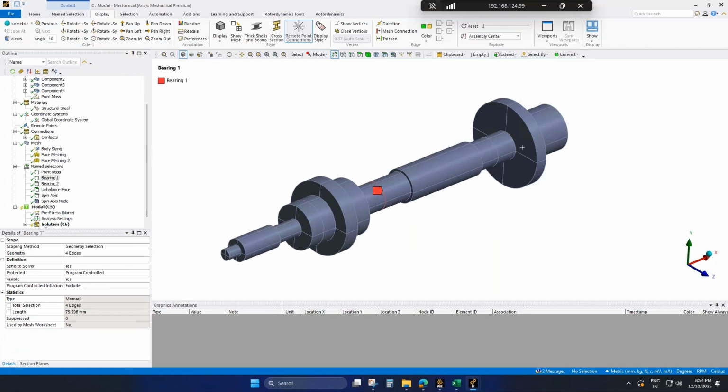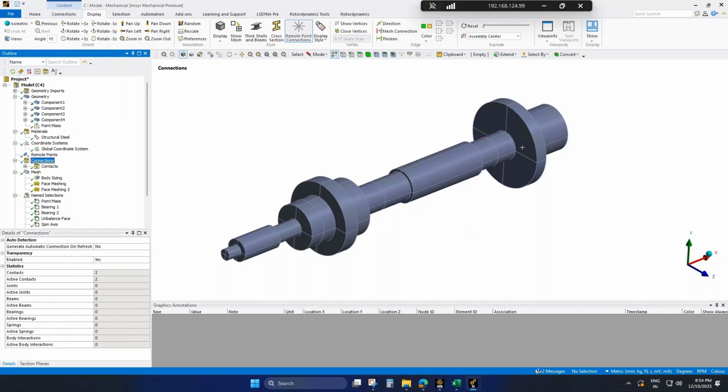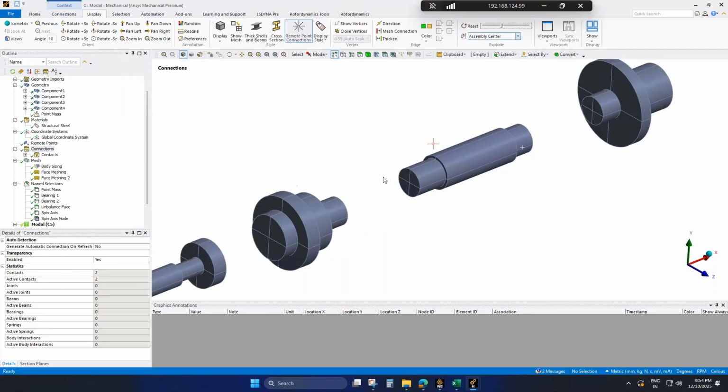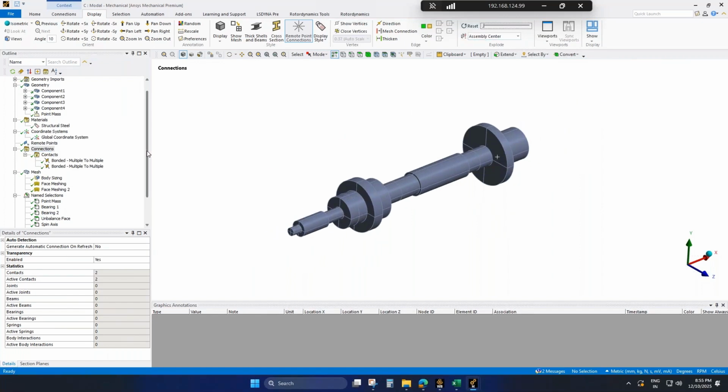This is for the location where bearing 1 will come, and at this location bearing 2 will come. I will talk about the connections here. Since this part is made of 4 bodies, I have used contact to connect all the separate bodies so that the rotor behaves as one.